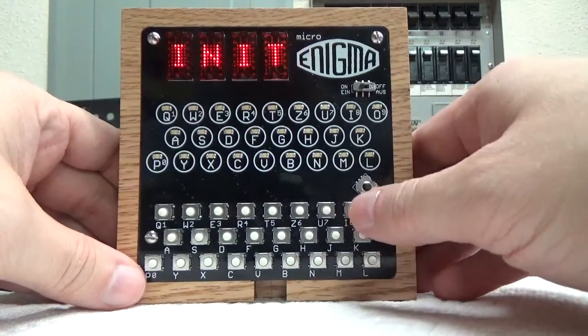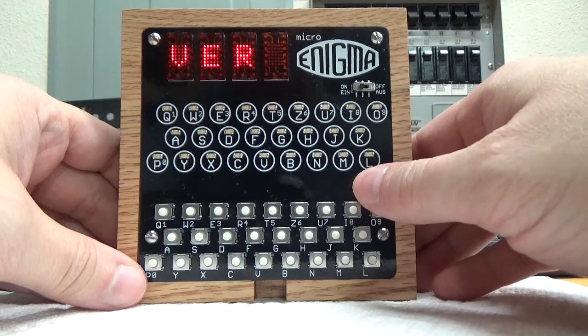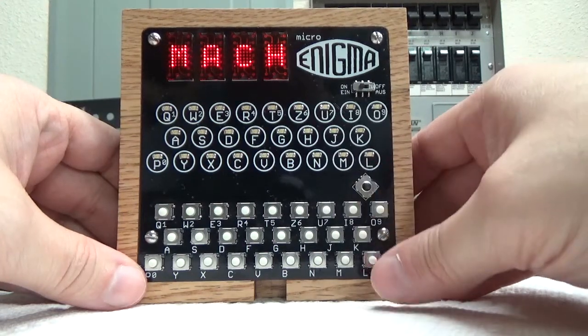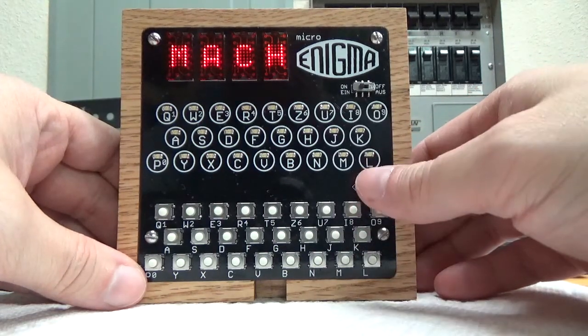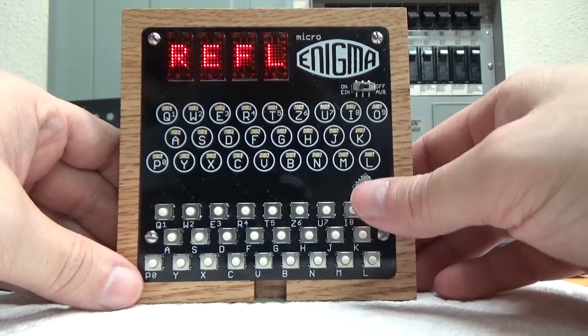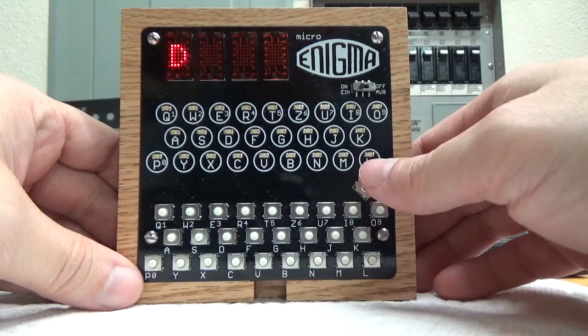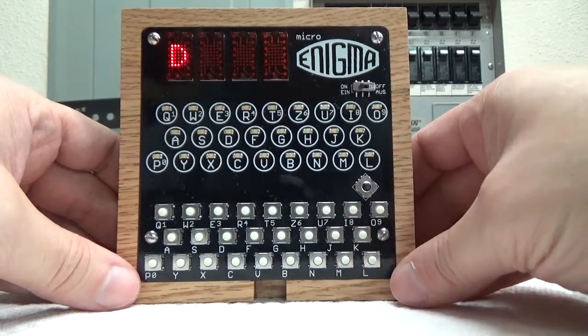So now there's a few other things we haven't seen yet, which are in the machine configuration. I'm going to do an init, which clears the machine back to an M4, and you'll notice that the menus change. They show what options you have. On M4, obviously you can always pick the machine, but now notice you got a new option for reflector, and you can pick B, C, or D, which is the rewirable D reflector,